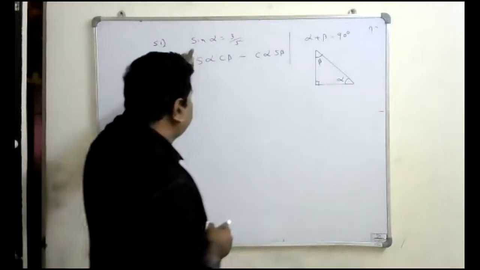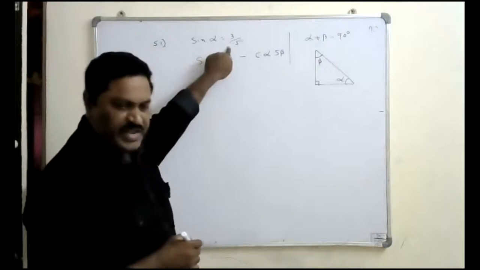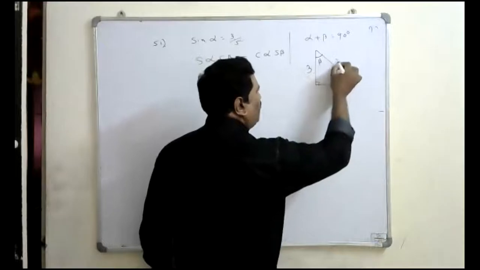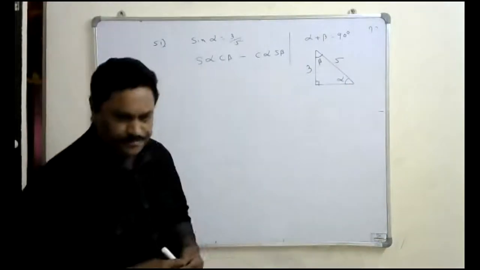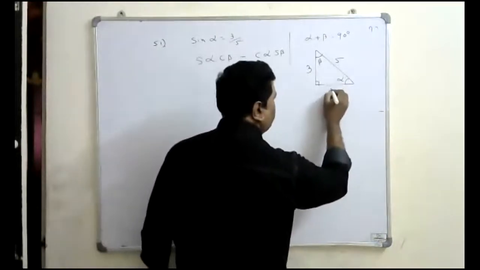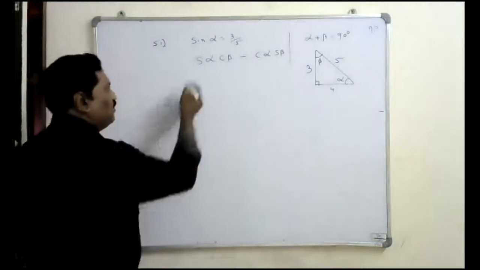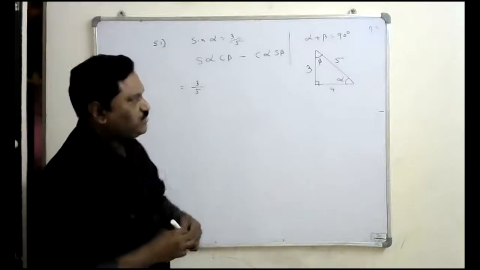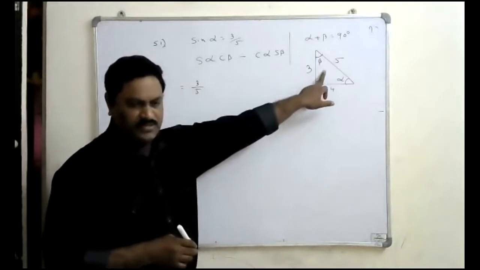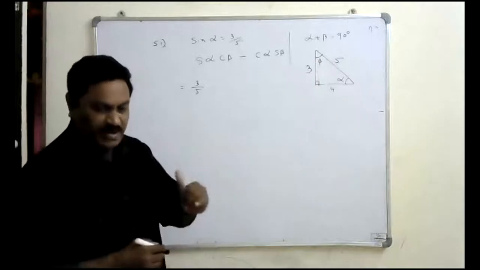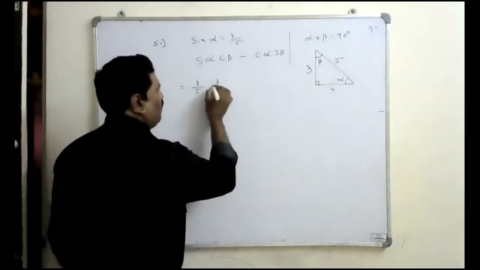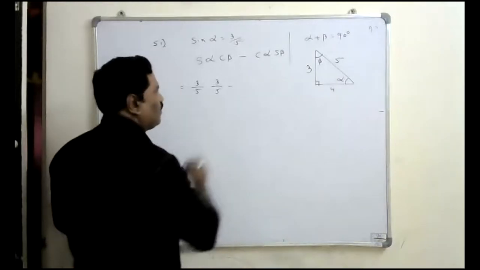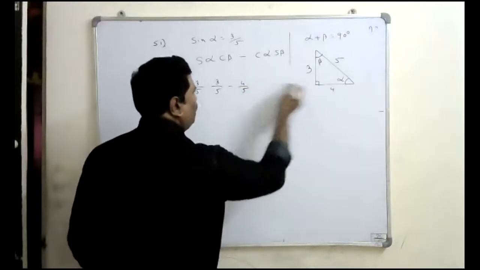So here it is given that sine alpha is 3/5. Sine means the definition is opposite by hypotenuse, where the opposite side is 3 units and the hypotenuse 5 units. What will be the adjacent side? 4 units. Now I will substitute here sine alpha, which is given as 3/5, into the expression. What is cos beta from this? Cos is adjacent upon hypotenuse, so cos beta is 3/5. Minus 3/5, same triangle. What is cos alpha? 4/5. What is sine beta? 4